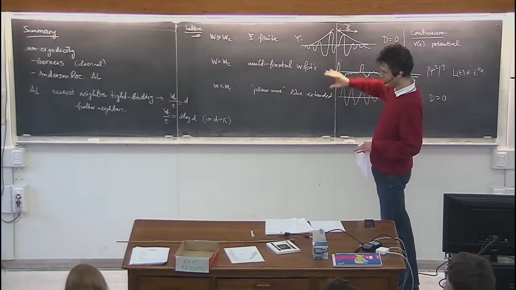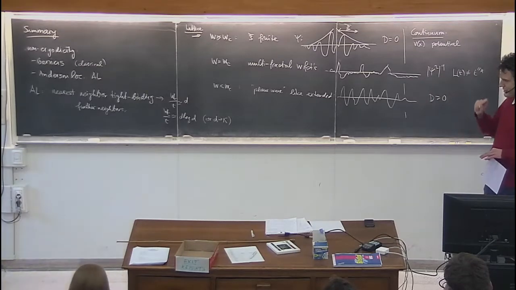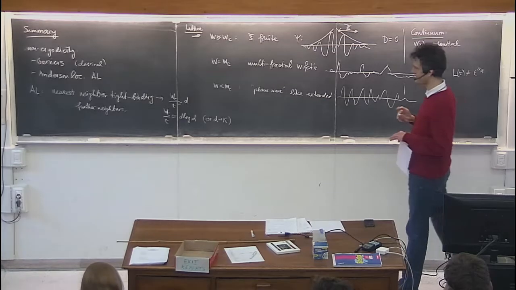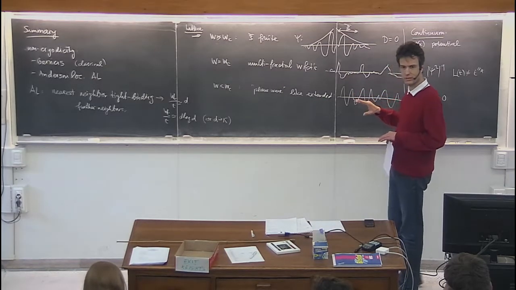And the critical wave functions sit exactly at this mobility edge, and that's basically a measure zero interval. And so I'm not sure it makes sense to talk about the spectrum there,